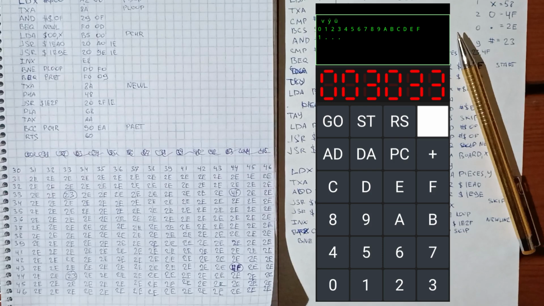Okay, and it's faster to go back to here, 0040 and so on. So this is going to be 34, 0050. This one is going to be 35,